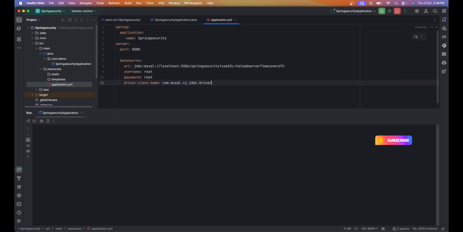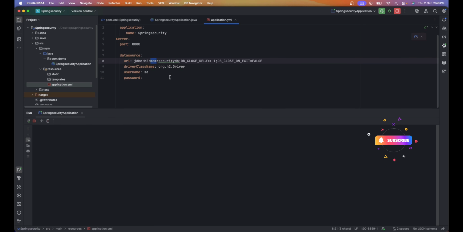And here we are using an H2 database. That's why we have configured it. We have to configure our own modifications like here. This is okay, and here the username and password are there. Okay, here this is security DB, like an in-memory database. Here I have the console enabled,